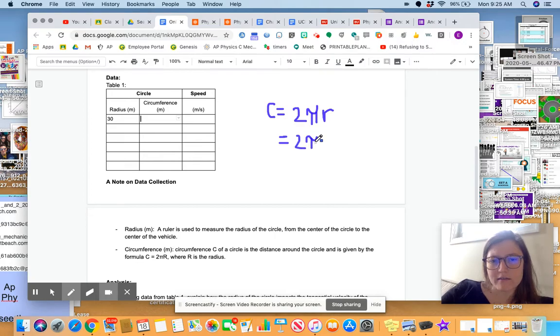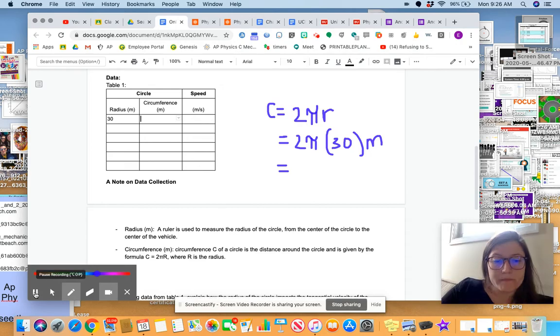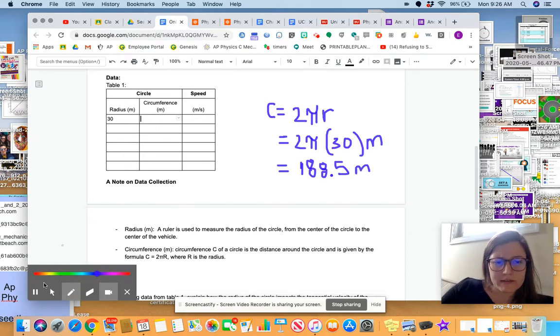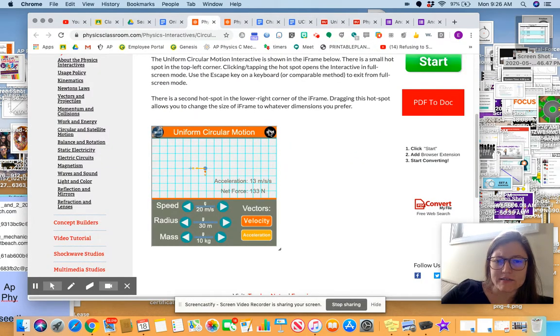So I'll take 2 pi times 30. You can leave that in terms of pi or as a decimal. It might be easier to type the decimal in, but technically the choice is yours. I'm going to round that to 1 decimal place, so I get 188.49, which I'm going to round to 188.5 meters. So I'll type that in here. Okay, once I've calculated the circumference, I'll head back to my simulation,